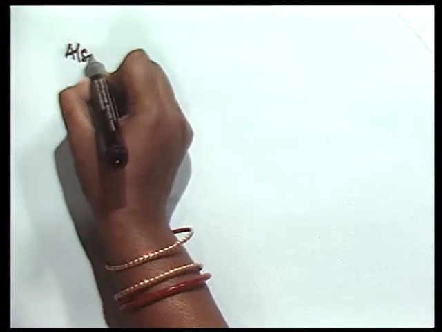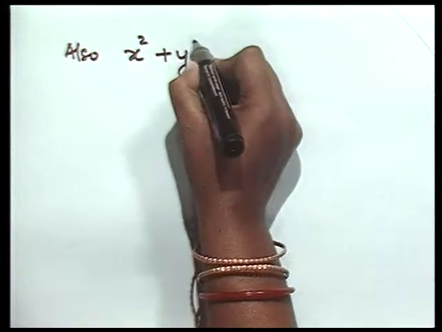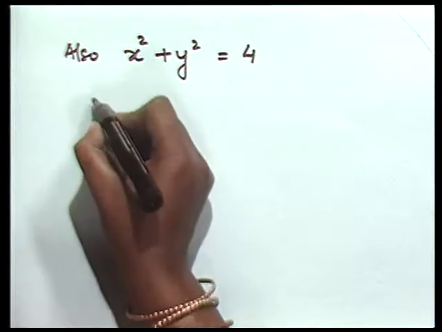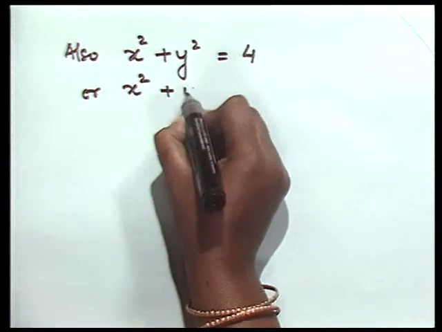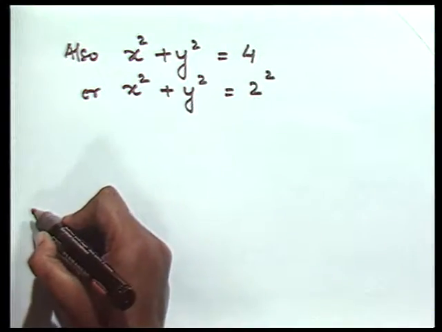Also, we have the equation of circle as x square plus y square is equal to 4, or we can write it as x square plus y square is equal to 2 square. So, from here we get the value of r is equal to 2,